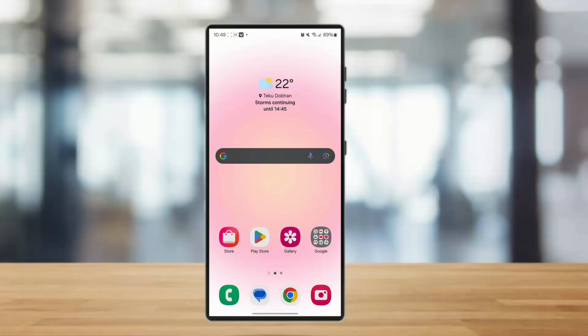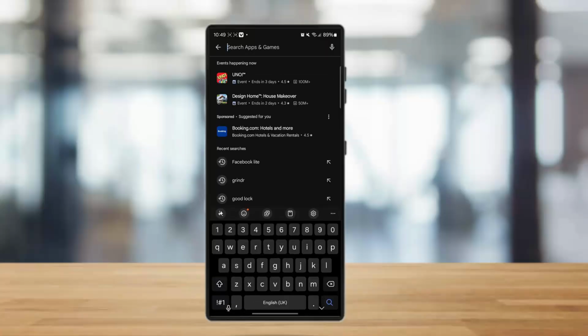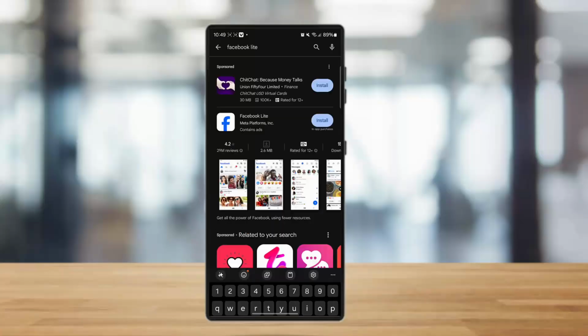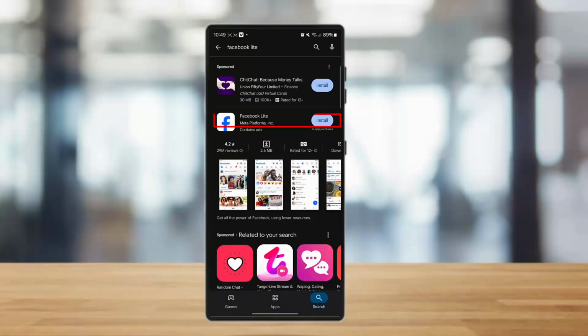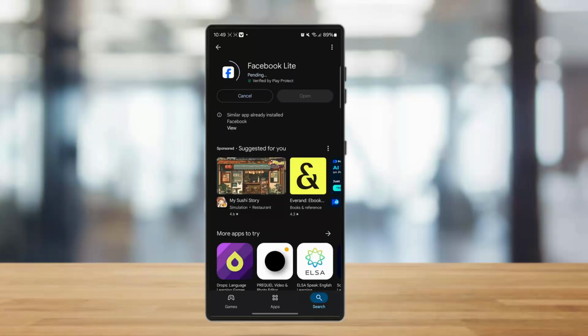So to download Facebook Lite, all you gotta do is simply tap open your Play Store or App Store. Once you open it, in the search bar, all you gotta do is simply type in Facebook Lite. After you have done this, you will end up in this kind of interface where you can find an option called Facebook Lite. Now simply tap on the install button, and after you have tapped on it, you will be